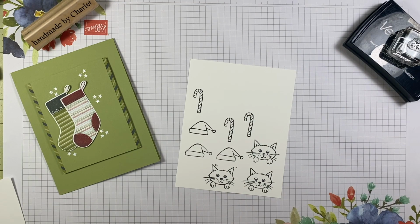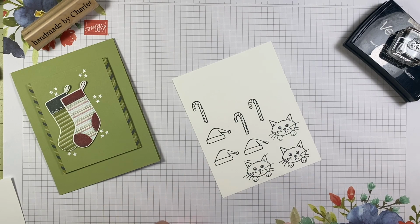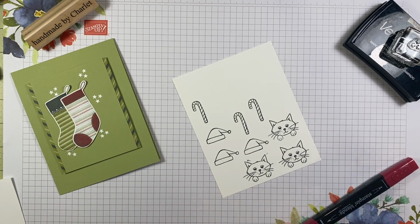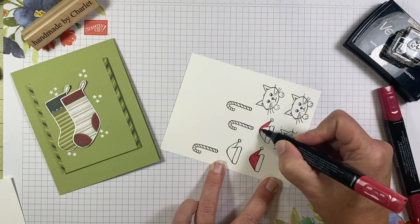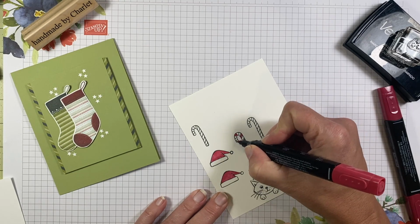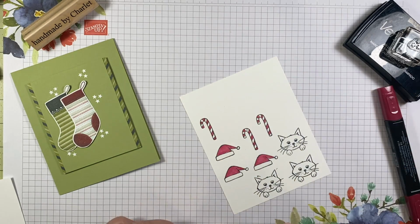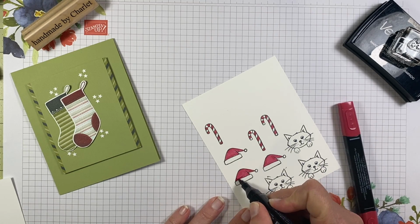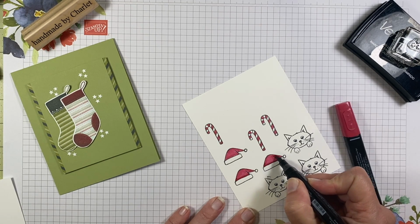We're going to use cherry cobbler, light and dark, for our hat and for our candy cane. So let's just start with the light, which is usually what I like to do, and color in on these hats. Then with the dark cherry cobbler, we're going to take just a little and run it along the edge there and behind the hat there where there would be